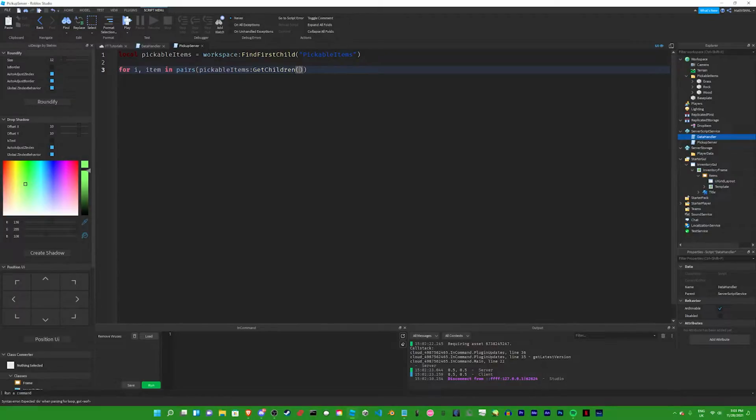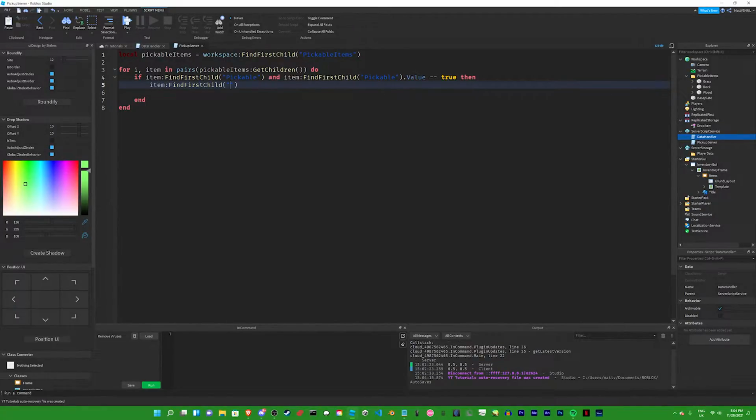if item find first child pickable and item find first child pickable, the value is equal to true, then we'll just do item find first child click detector dot mouse click connect function player, and then we'll just do again get the server storage since it's server find first child